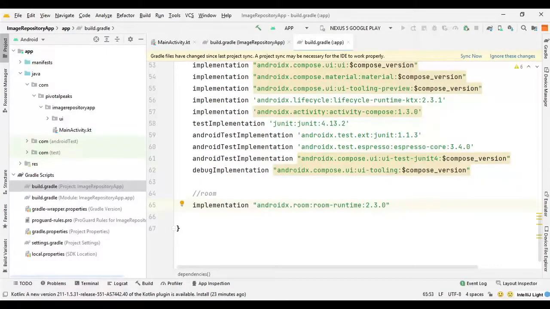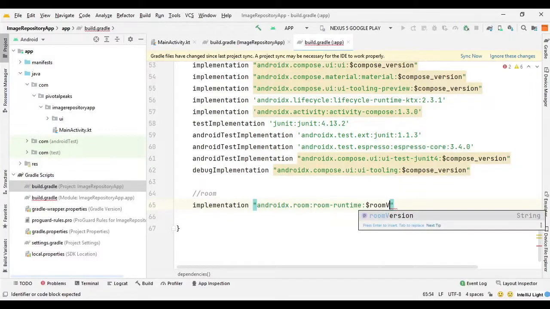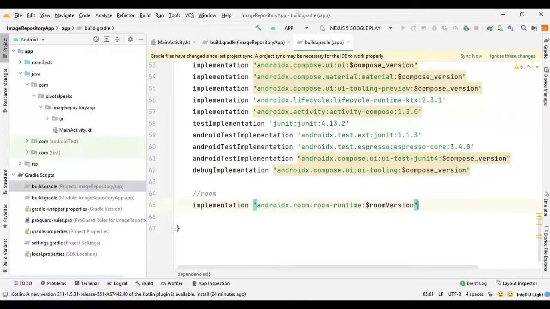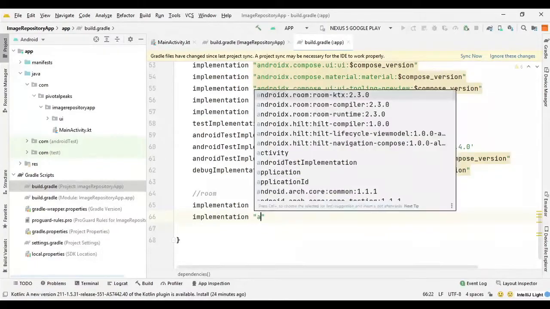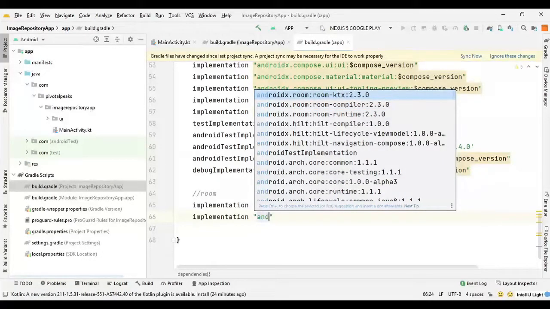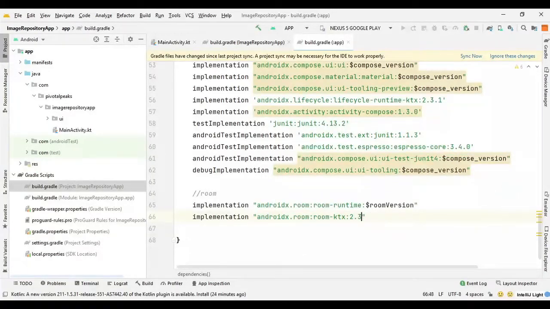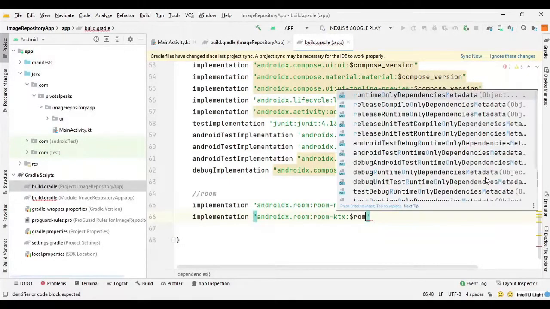And instead of passing the room version for every dependency, we have just created a room version in our extension block, so we can pass that room version. Now we need the dependencies for Room itself, so we can say implementation androidx, and we can choose the first one, androidx.room:room-ktx, and again we can remove the version number here and pass the declared room version.